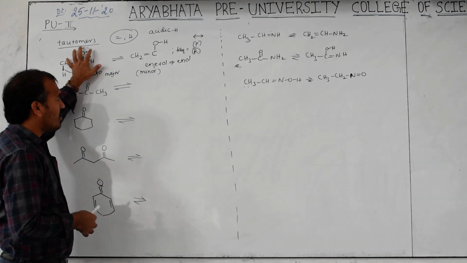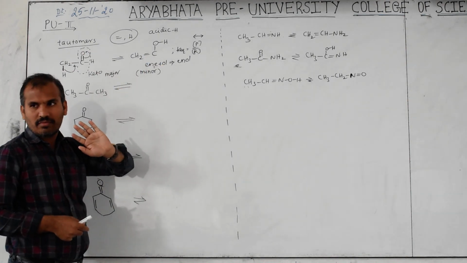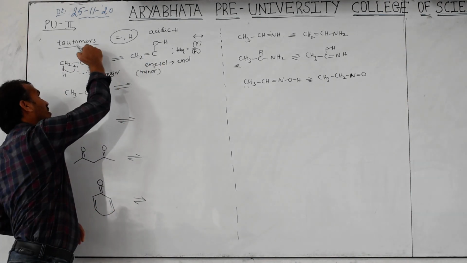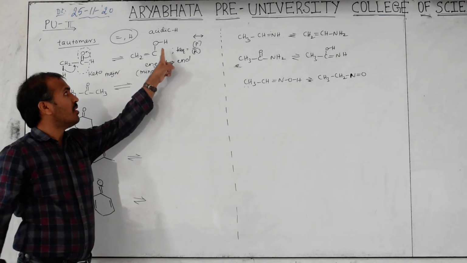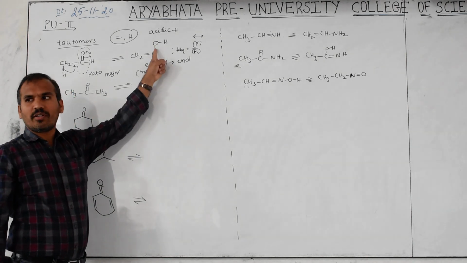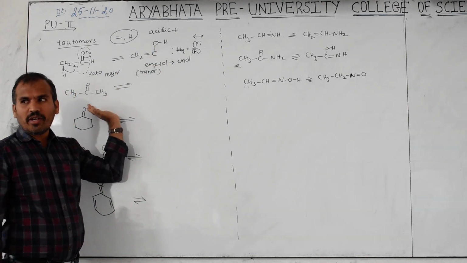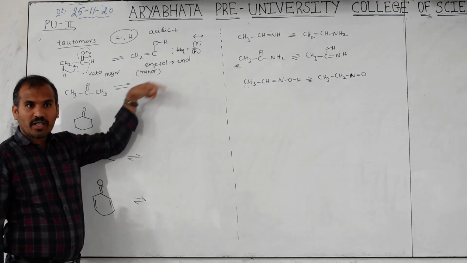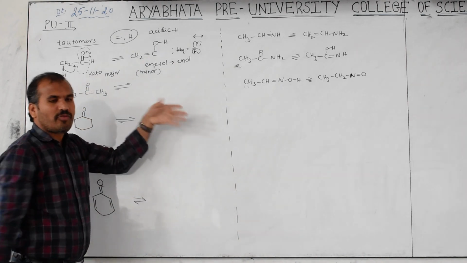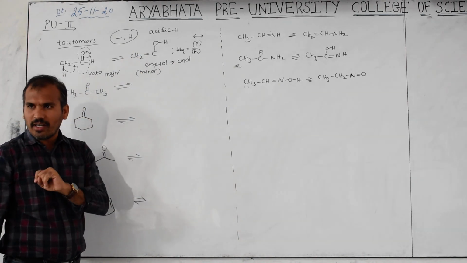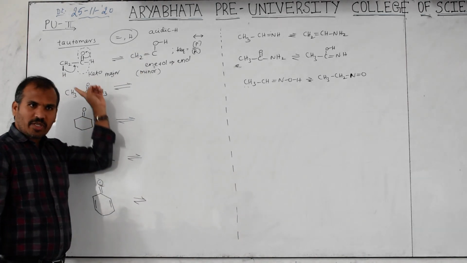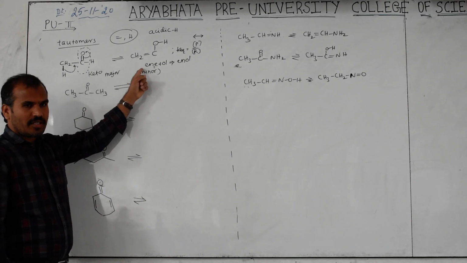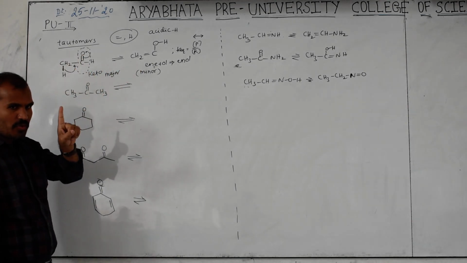This is the major, this is the minor. Because we have to convert into this, in single bond, we have to break now. Then only convert to single bond. Therefore, converting into single bond is difficult. That's why difficult means not formed. Not formed, it is unstable. Got the point? So keto form stable, enol form less stable when mono keto, one keto group present.